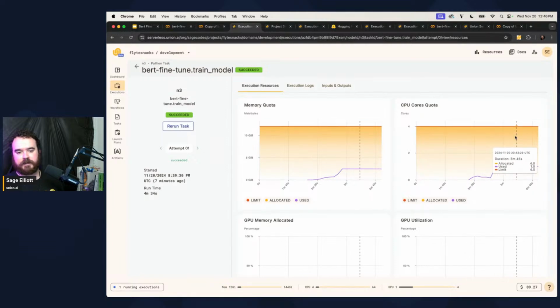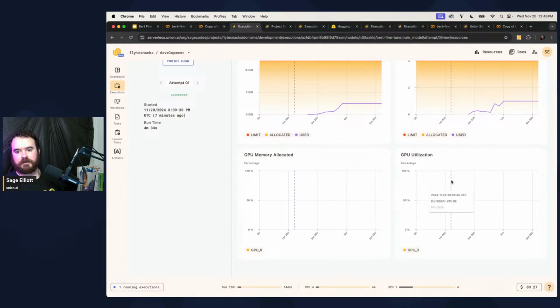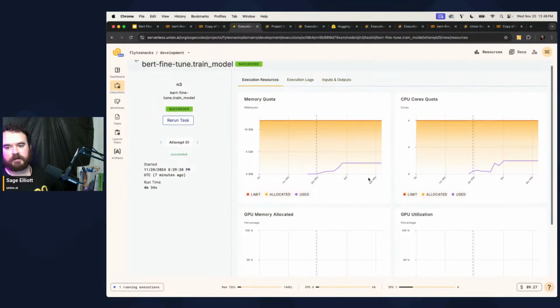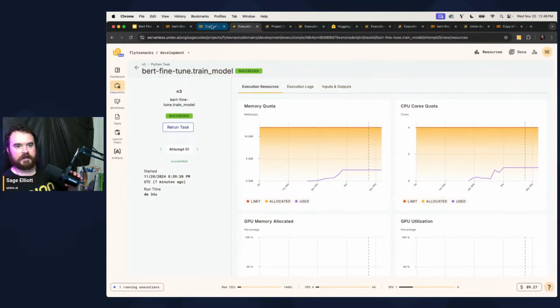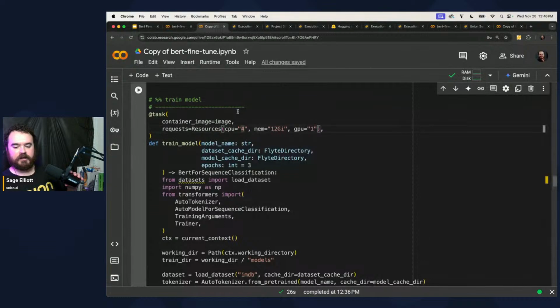We only used 1 CPU because we were using the GPU for most of the computation here. So then I could go in and adjust this down pretty easily to 1 CPU or whatever, and then even the memory. I might not actually do this to run this right now, but I can bring this down to what my tasks actually need versus what I set them with,